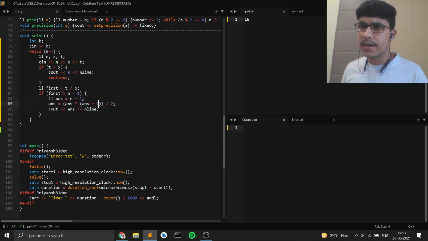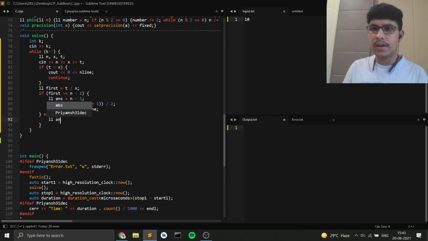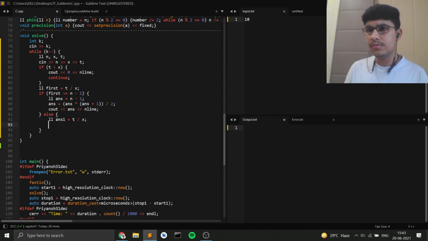So if this is greater than or equal to, right? Apart from that, else you have long long answer1 equals T by X, and then you do